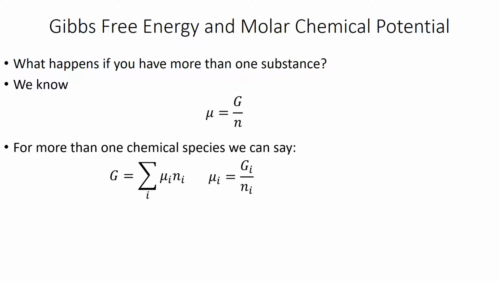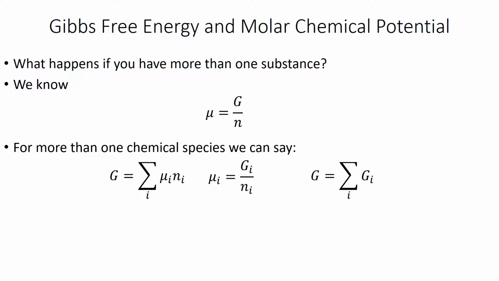And now we can just do a substitution. But we just recognize that in general, the chemical potential of any species, i, is equal to its Gibbs free energy, G_i, divided by the number of moles of i. All we're going to do is substitute it in, and what you get is that the Gibbs free energy is just the sum of all the individual Gibbs free energies